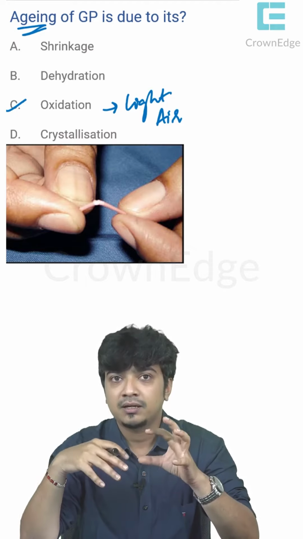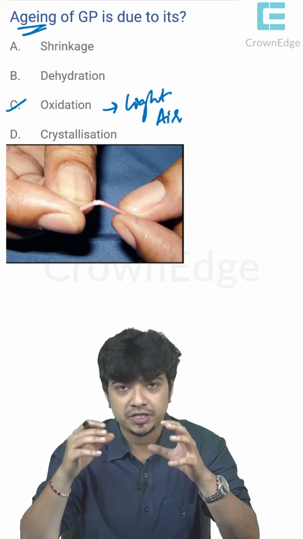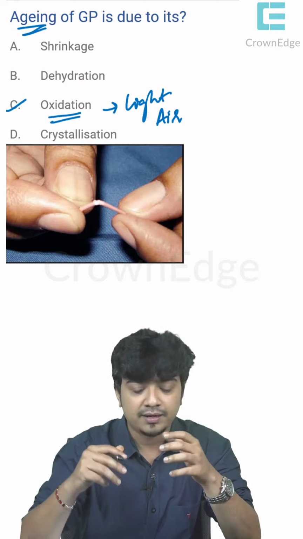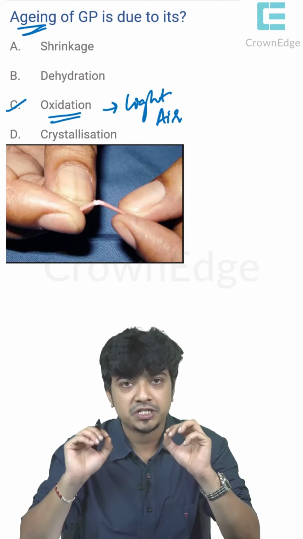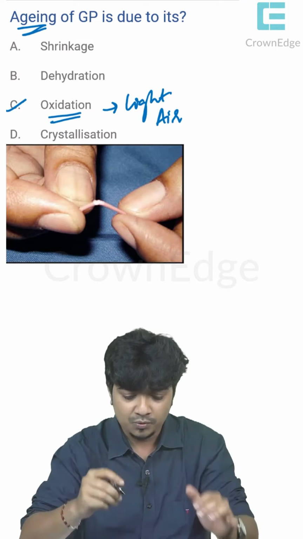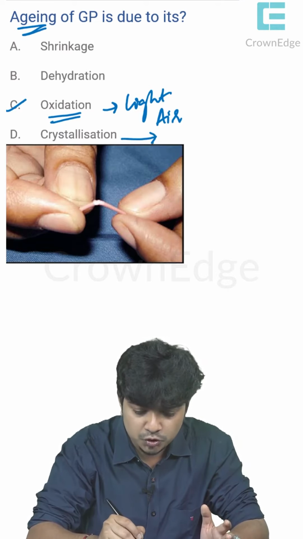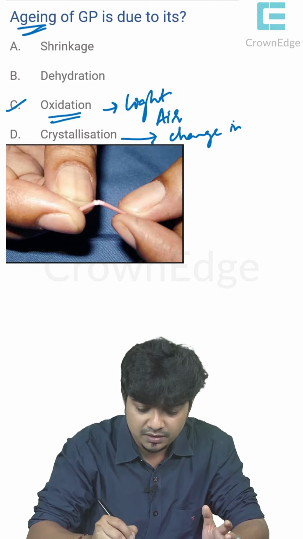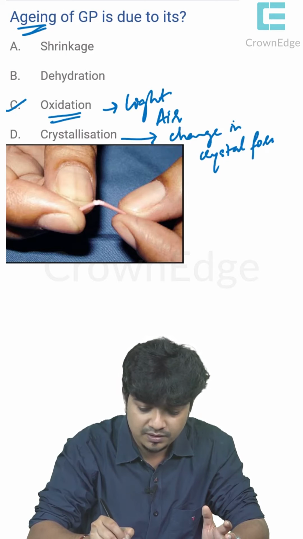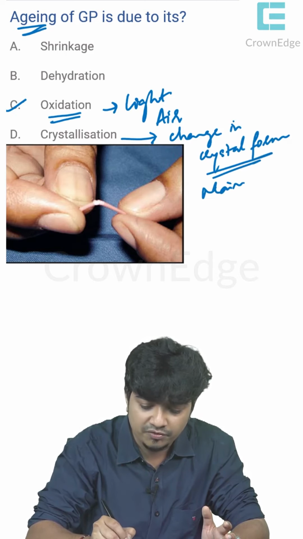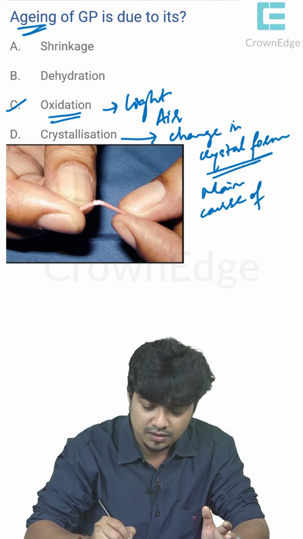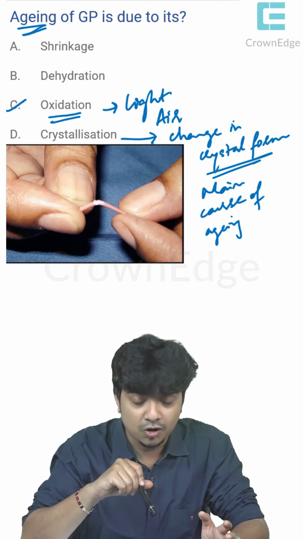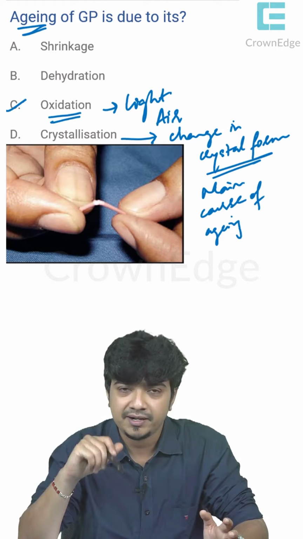While obturating, there can be under obturation or over obturation depending on your shaping methods. So that is the reason why it is required that you use good fresh gutta percha which has not been aged. Now, a few studies have also shown that crystallization, in the form of change in crystal form, is actually the main cause of aging. However, in this question, change of crystals is not written. The option given is crystallization, which is different and it can be misleading.